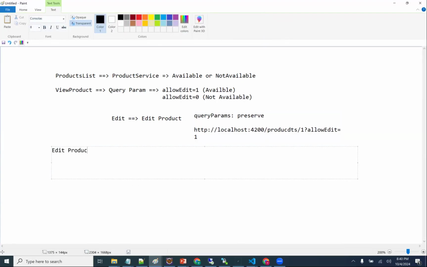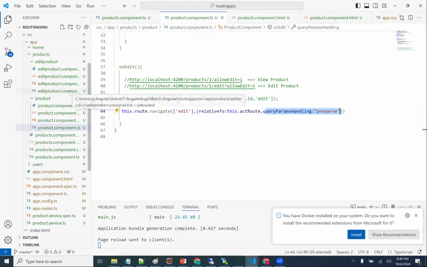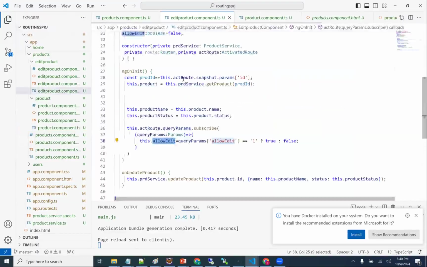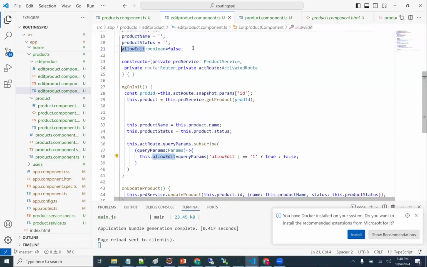Now I'm going to edit product, right? Inside edit products, I'm reading this value. In edit.product.component.ts, I'm taking a Boolean value and I'm subscribing and reading this value whenever there is a change. If this is 1, true, or else false.